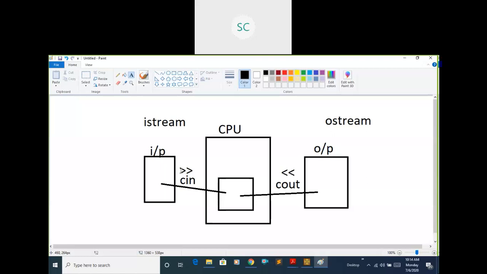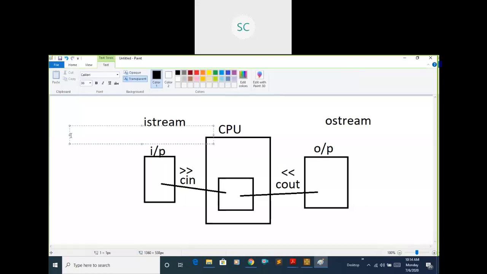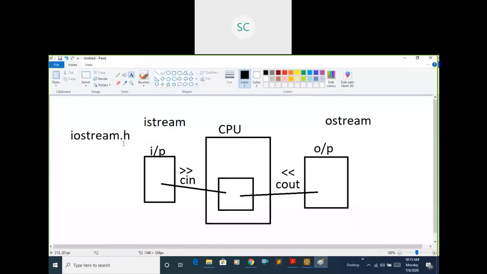Both are present in one single header file, that is iostream. Instead of including the two stream headers, istream and ostream, you can directly include the iostream header file. This header file consists of both objects, the cin object and the cout object.